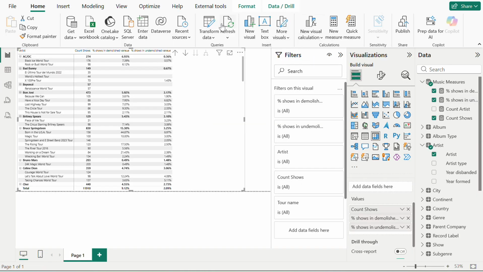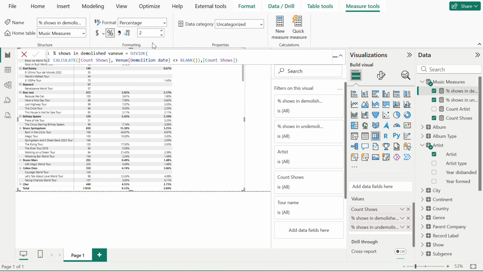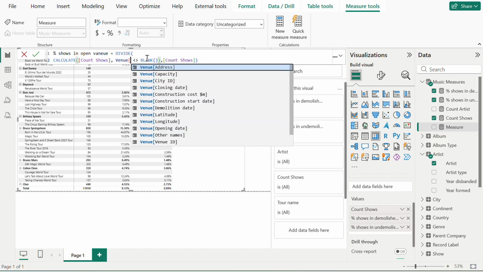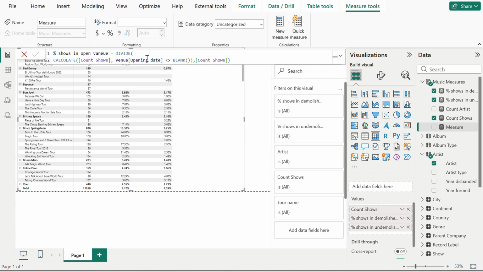For the open venue, I will be copying the first measure again and then entering a new measure, and I will be renaming it as open. For open, in the table we saw that we need the opening date which should not be blank, and if I put this measure